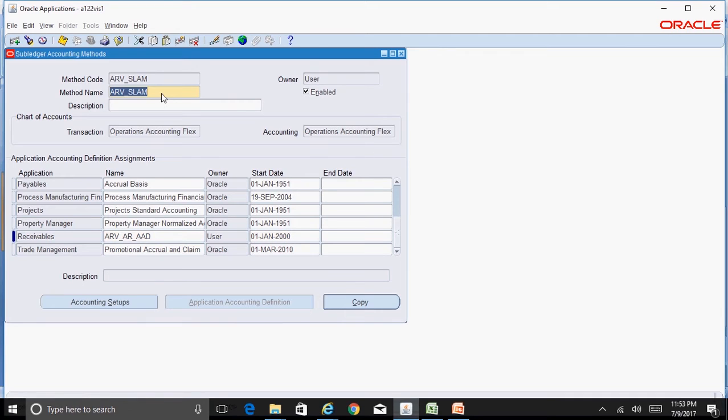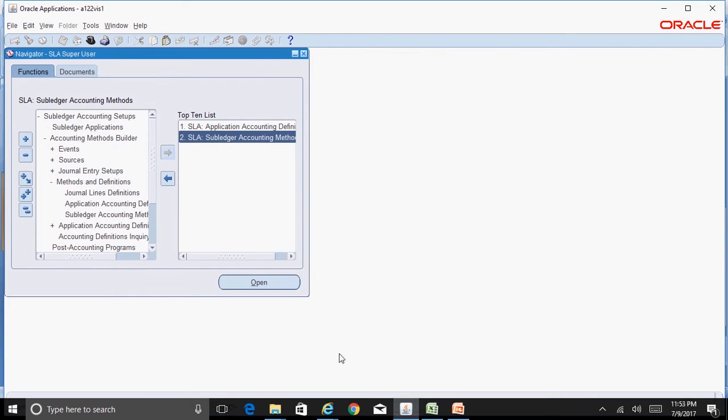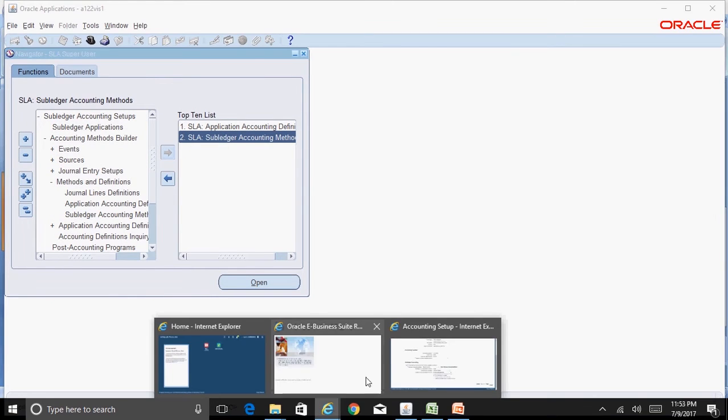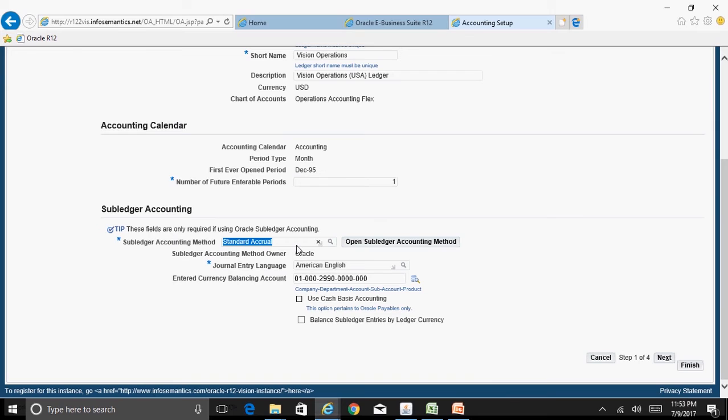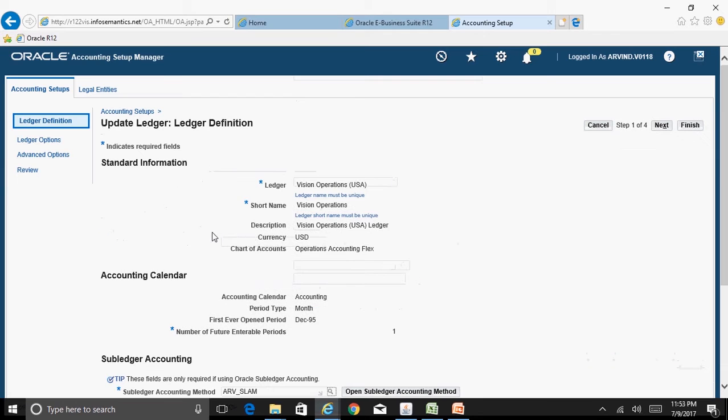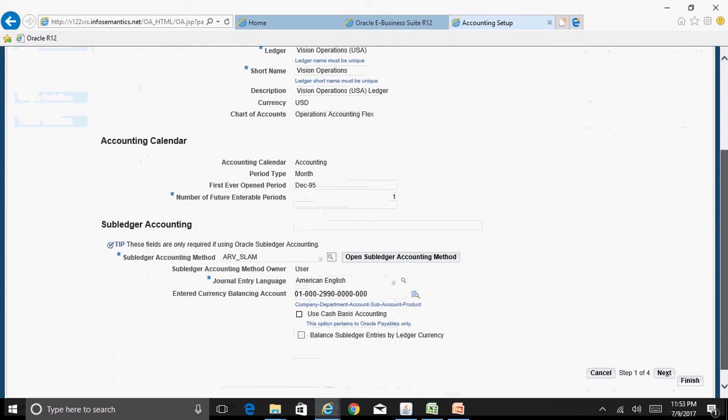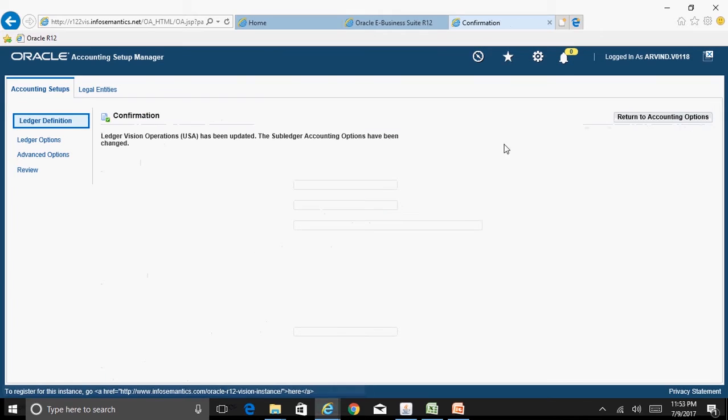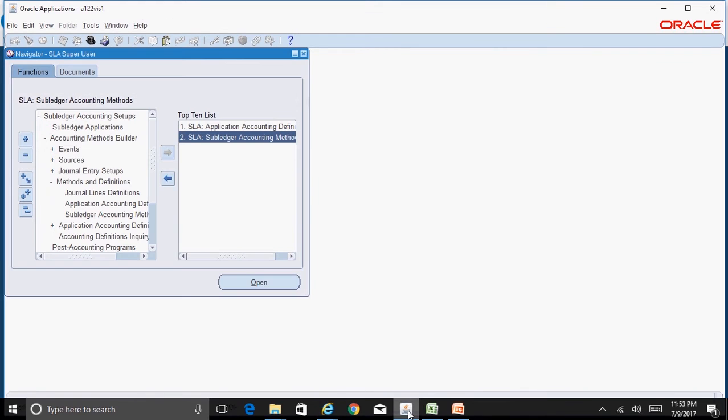And now associate this particular custom subledger accounting method to your ledger. Okay, so earlier we have seen in our ledger definition the subledger accounting method is standard accrual. Now try to change this to ARV underscore SLAM and click on finish. Okay, and the one last step is you need to validate this application accounting definition whatever you have created.